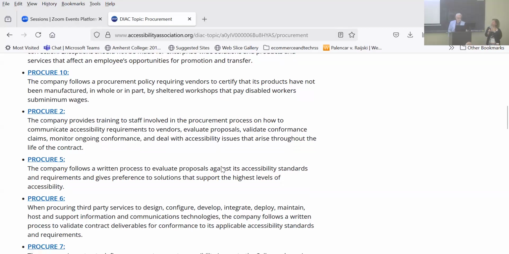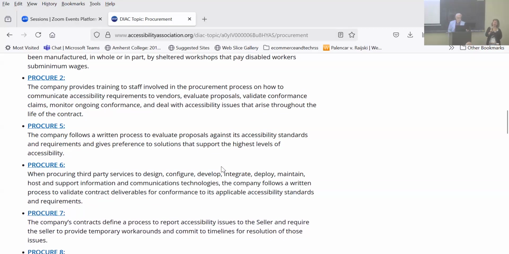Because many companies will select or prioritize based on cost, right? The upfront cost, not thinking about what the overall cost might be if it's not accessible, or the risk, or the legal exposure. So what we're saying here is put some priority on those products that are most accessible, and if you're working in Title II, that's a requirement nowadays. You've got to make sure that what you procure, government money, is spent on accessible products and services. But if you don't have a policy, you can't hold anyone accountable to it.